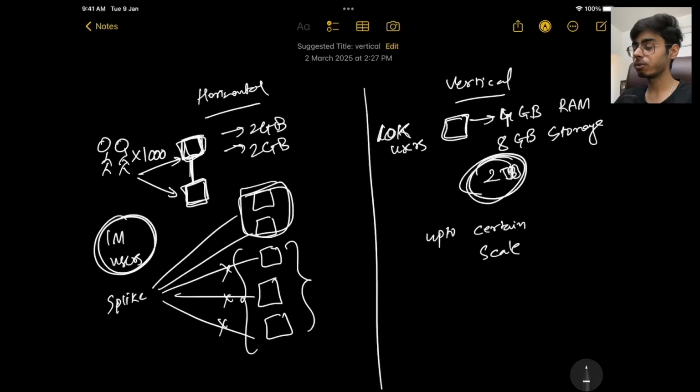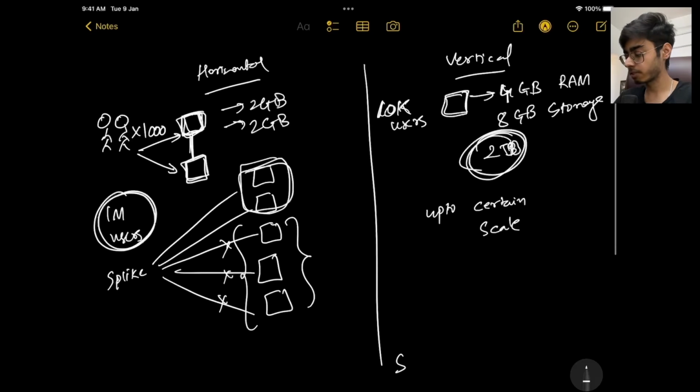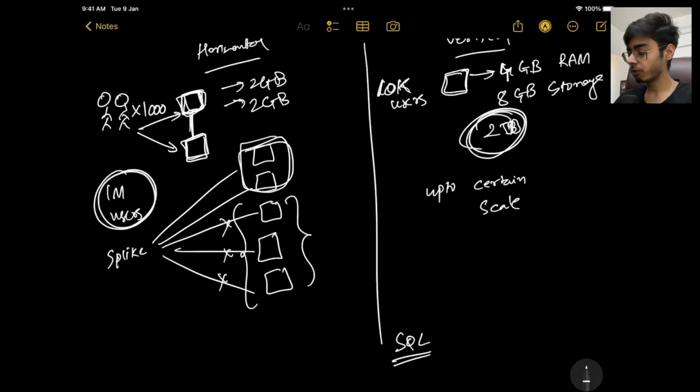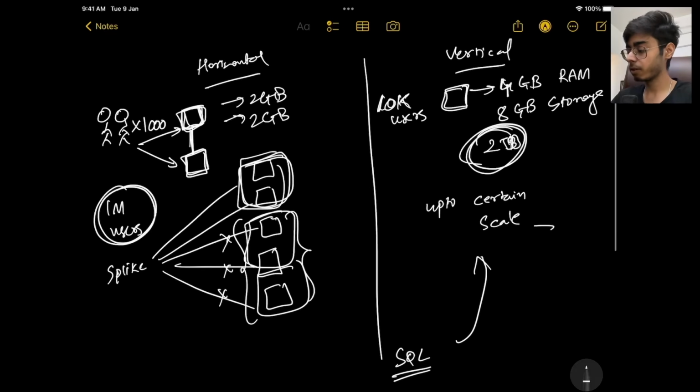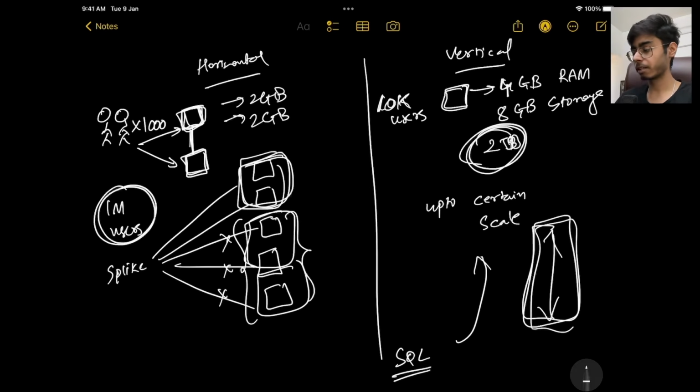Similarly, when we talk about database scaling, when you are using SQL, vertical scaling is better than horizontal. Why? Because SQL databases are stored in tables. When you want to run a query on a whole table, you have to somehow use sharding, and you have to see how you will combine the results from all of these database clusters. With vertical scaling, you have only one big computer, one single server, so your complete table is present in one computer.